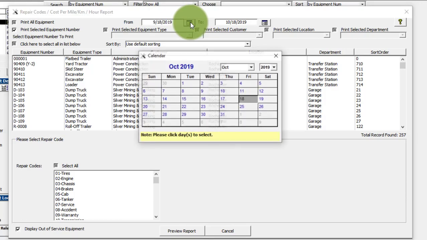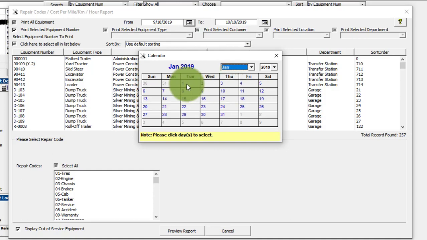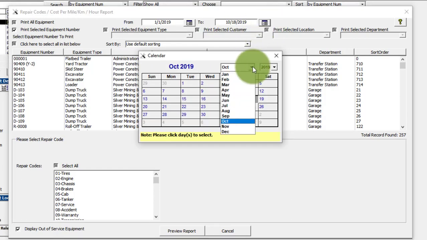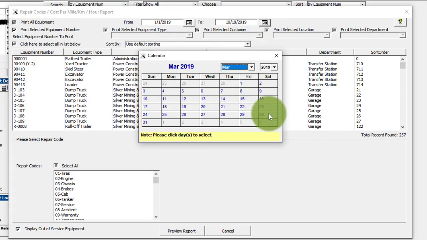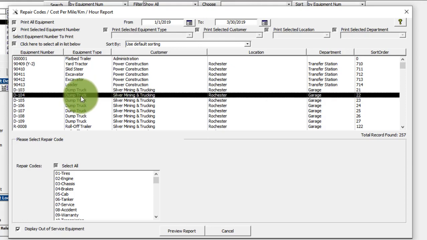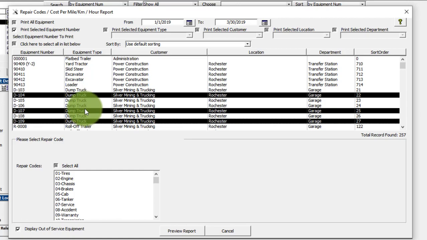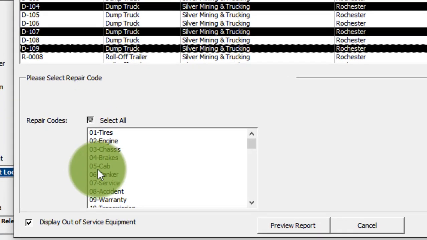so I'm going to go back to January of 2019 here, and we'll go to say March 30th of 2019, and now I can pick and choose specific equipment that I want to check on. So I'm going to choose these 4 dump trucks,